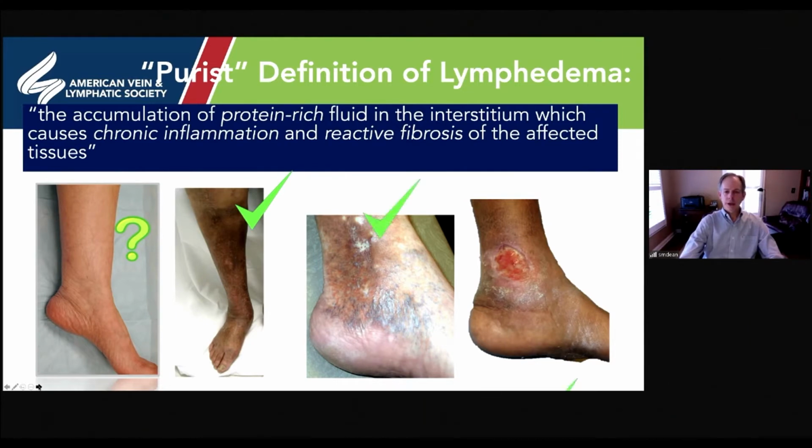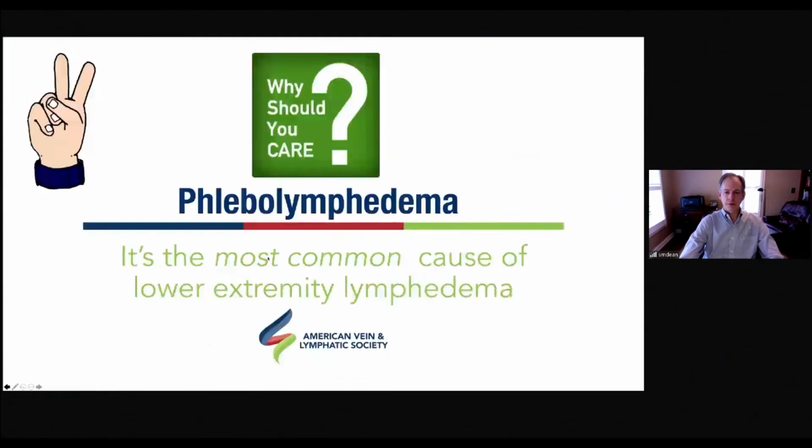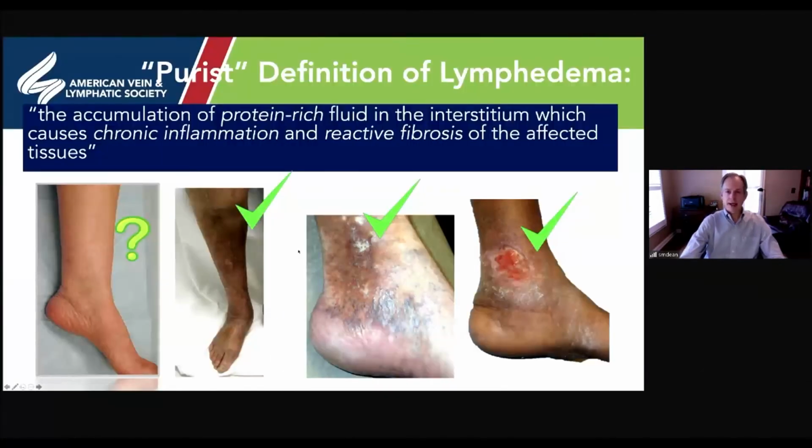But I don't think there should be any question by the time you have patients that have advanced skin changes of lipodermatosclerosis, atrophie blanche, a stasis ulcer, that these patients actually have a chronically inflamed, reactive, fibrotic environment consistent with this purest definition